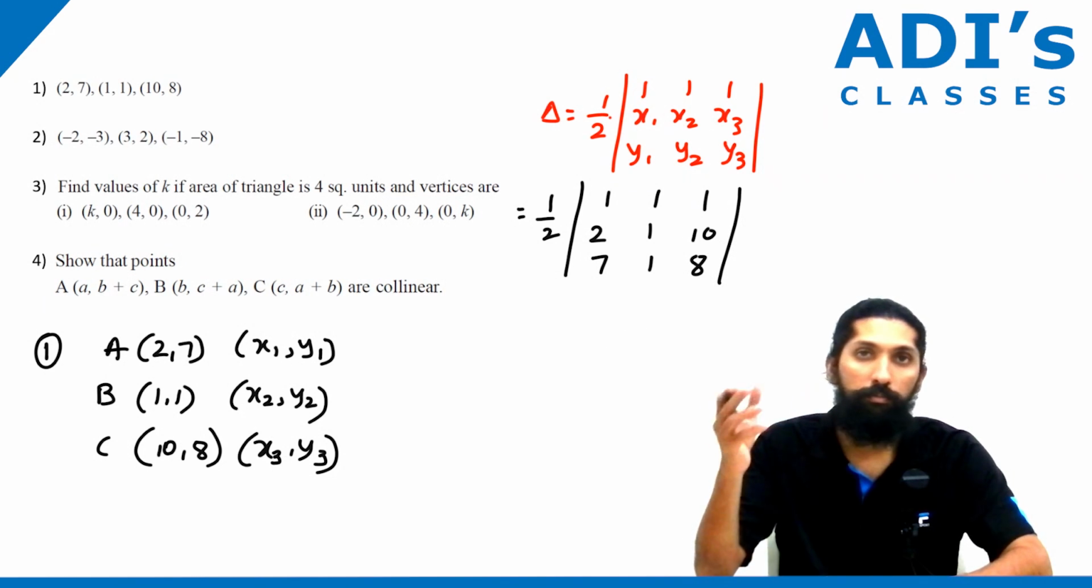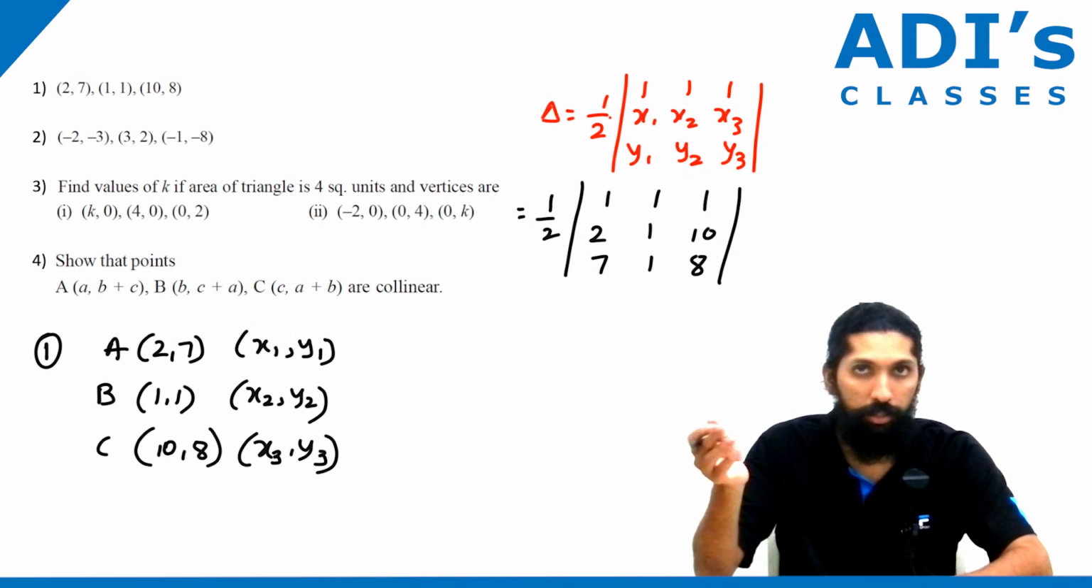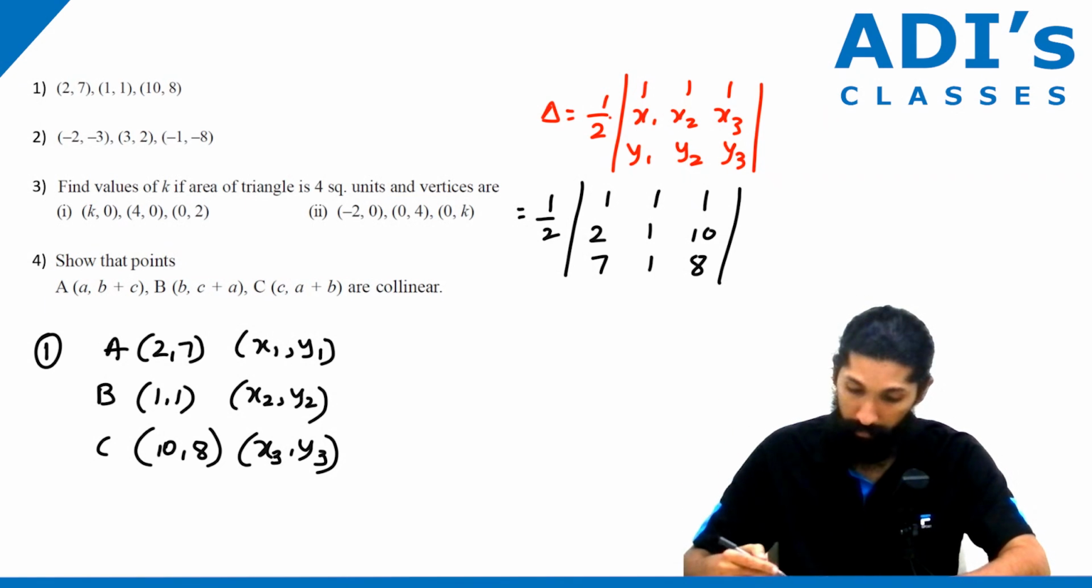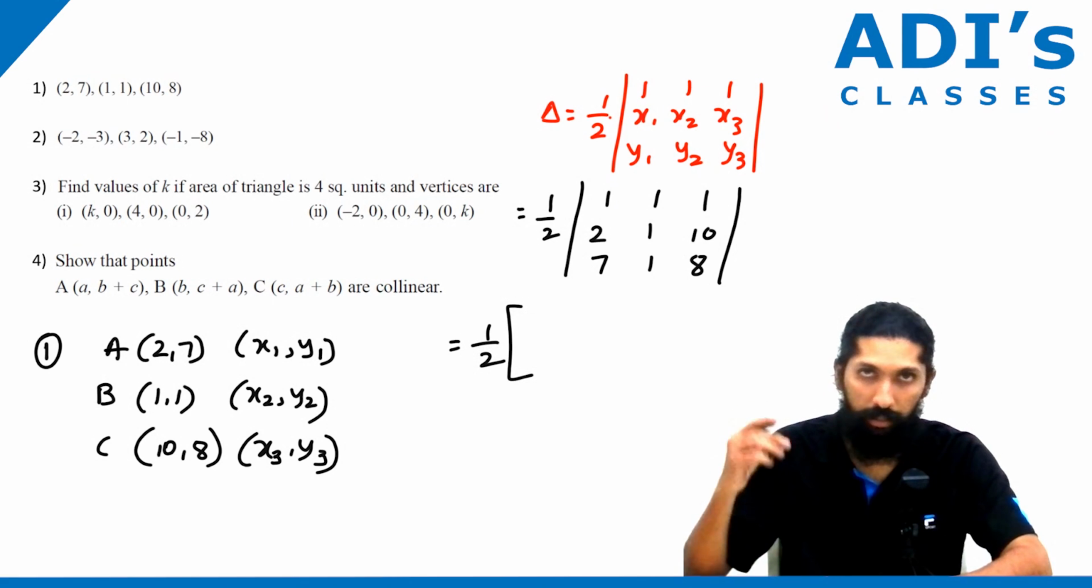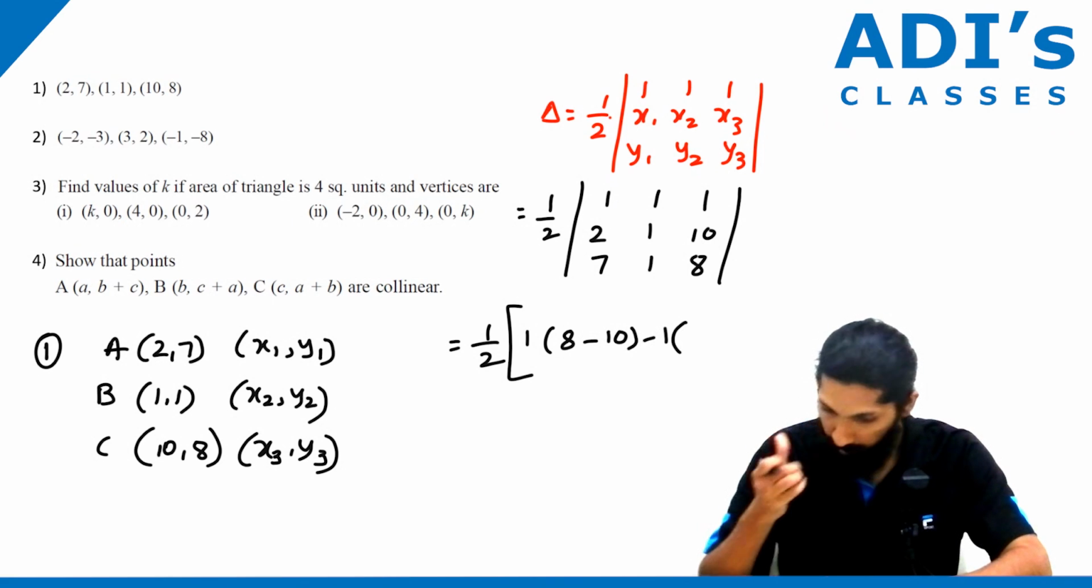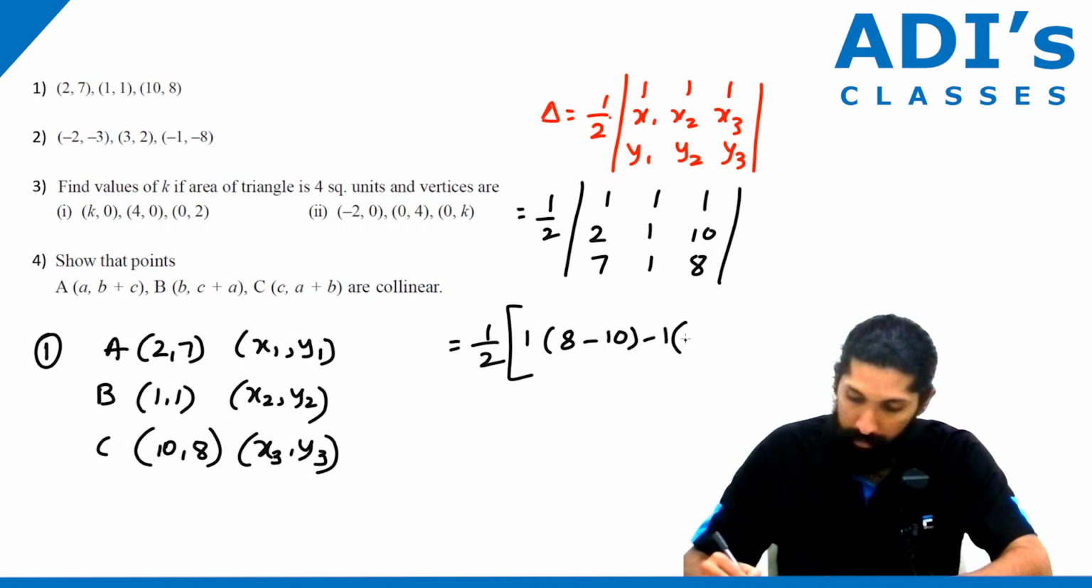See, you can do the column and row transformation, or you can just directly expand. That's also fine. Okay, any which way. So this is going to become half. I'll just directly expand. 1 into 8 minus 10 into 1, 8 minus 10 minus 1 into, so next it's going to be 16 minus 70